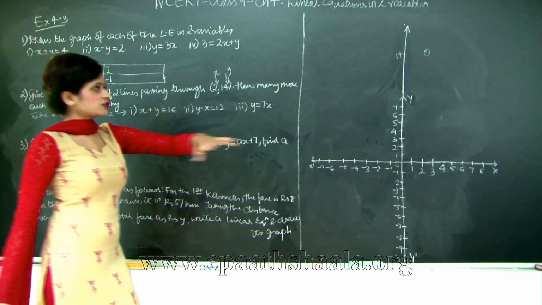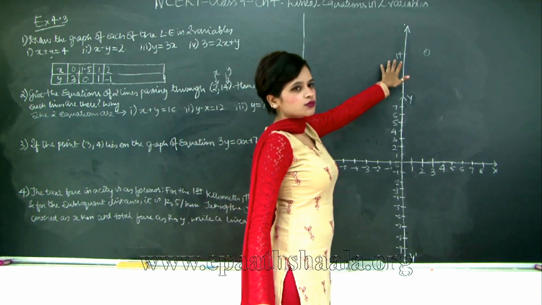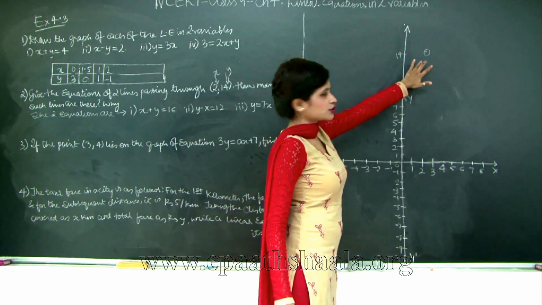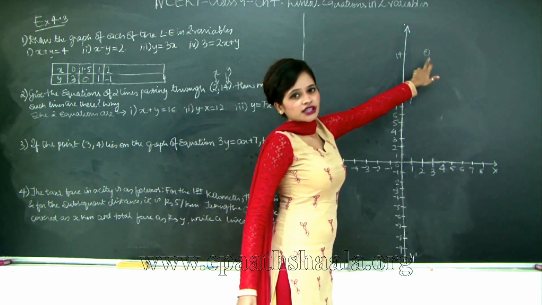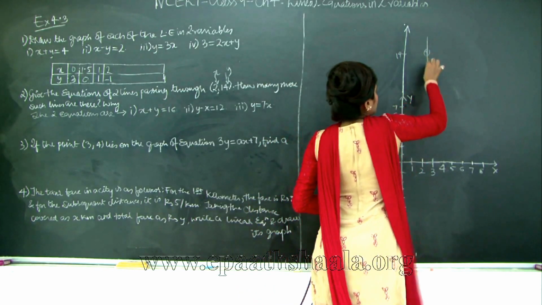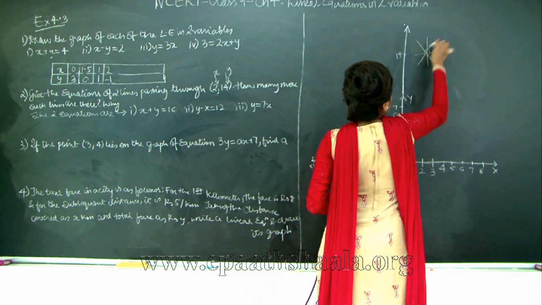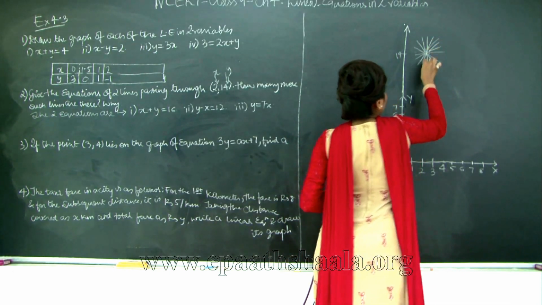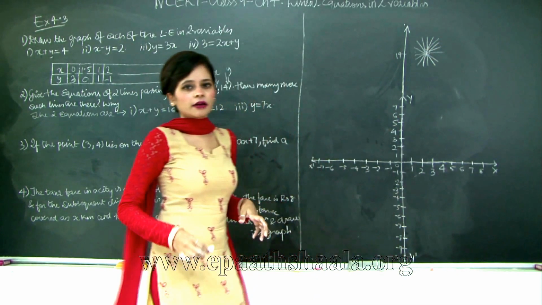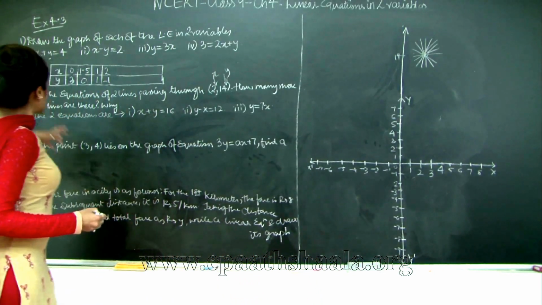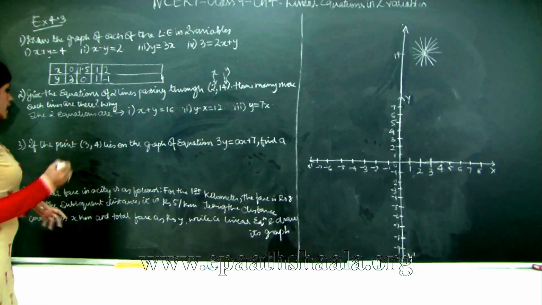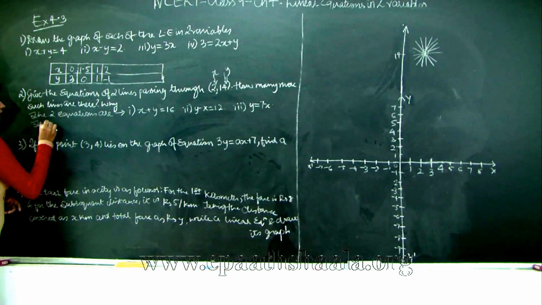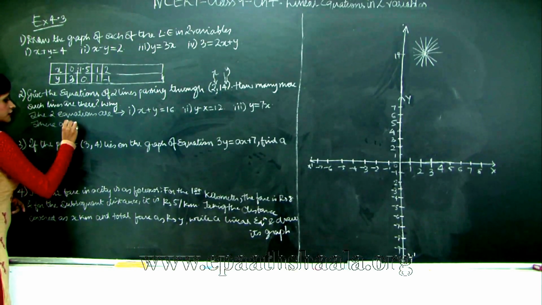So moving back to the graph, like I assumed this was point 14, so (2, 14) will lie somewhere over here. Now if you see this is a point, how many lines can pass through it? There can be infinite number of lines passing through this point. So there are infinite number of equations possible. So how many such lines are there? I will say there are infinite